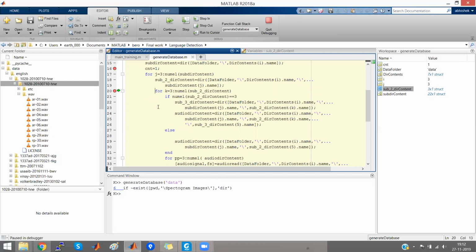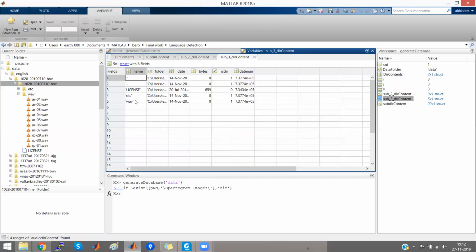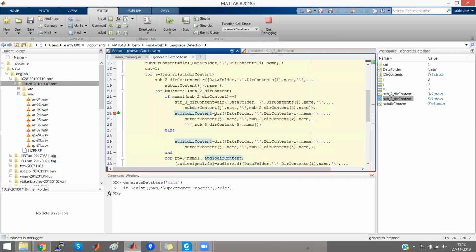At the end, we will read the subdirectory content. This is the WAV content, and inside this folder we have the audio signal. As you can see, in the variable audio direct content, we will get this.